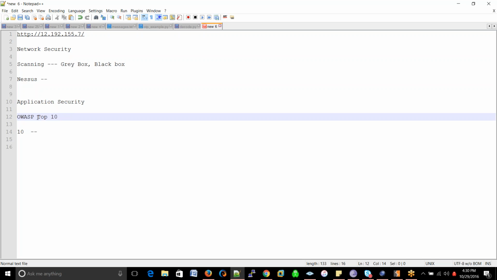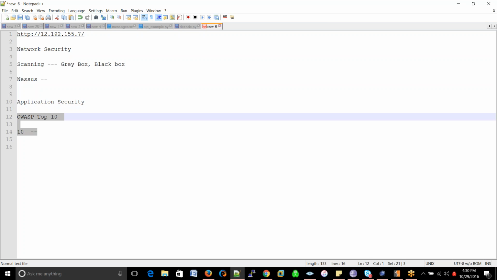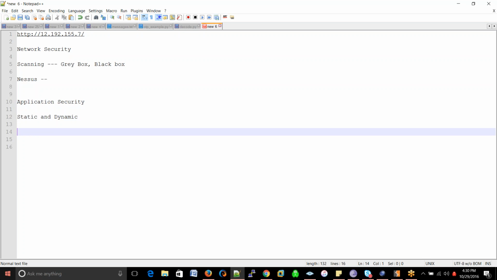Yep. So in order to understand this, you need to understand the web application and the working of a web application first. Okay, so there are two types of applications. Okay, static and dynamic. I hope everyone understands this, or else I'll explain it quickly. So a static application is something that does not have any kind of communication with the database. It is purely an HTML page wherein you cannot interact with the database,